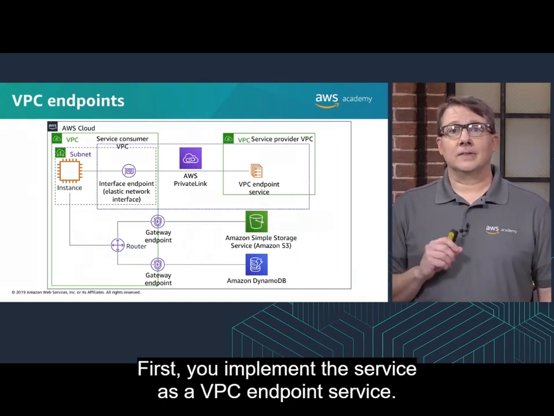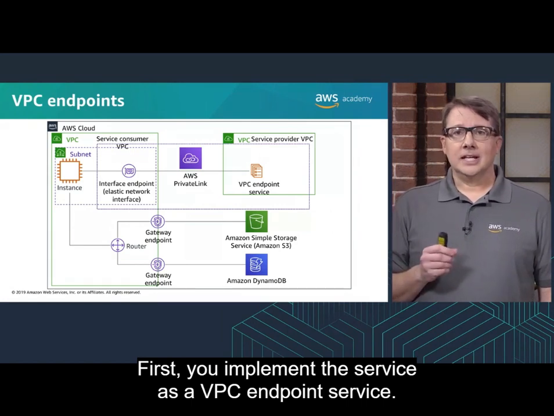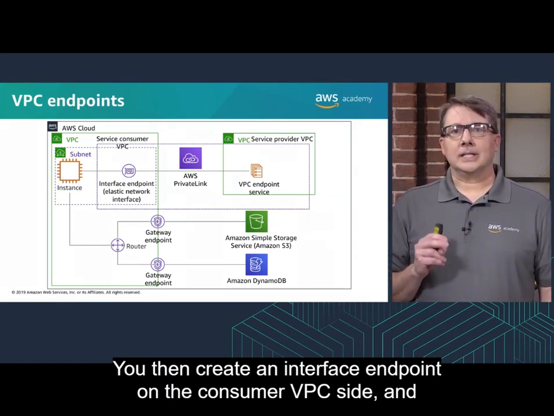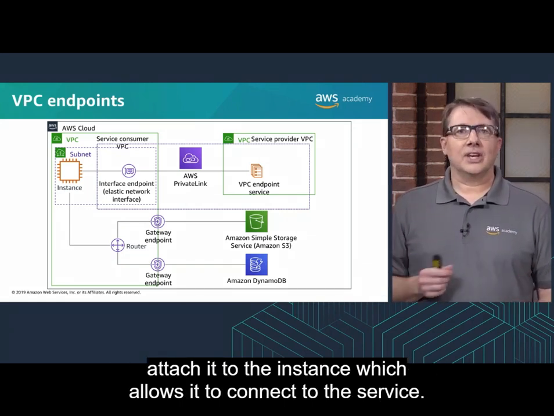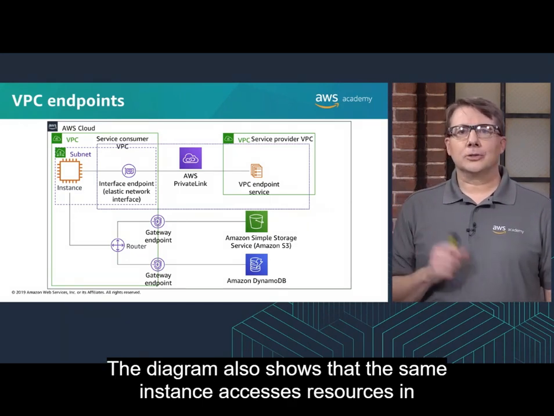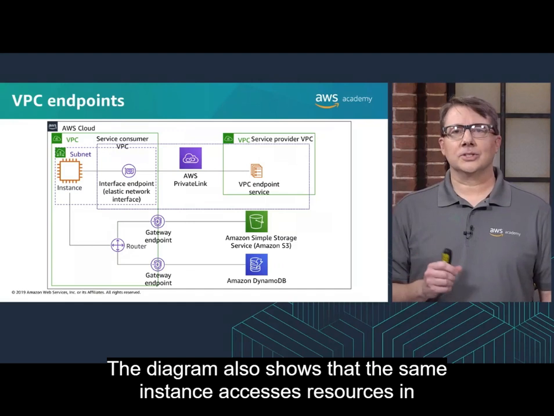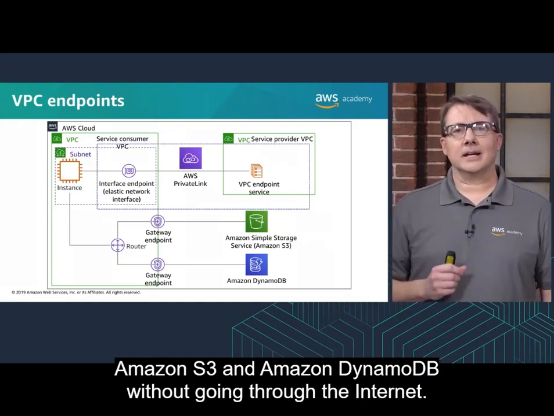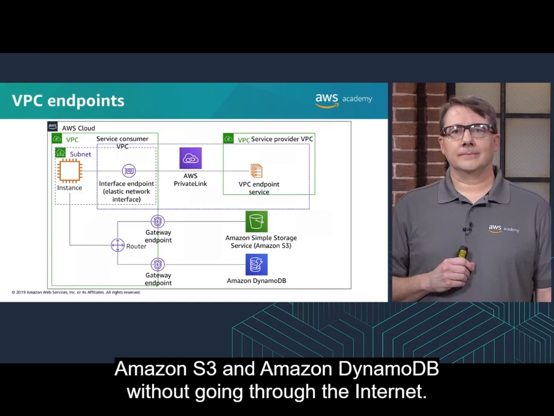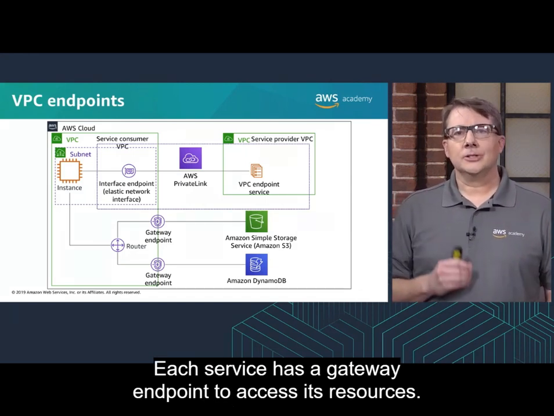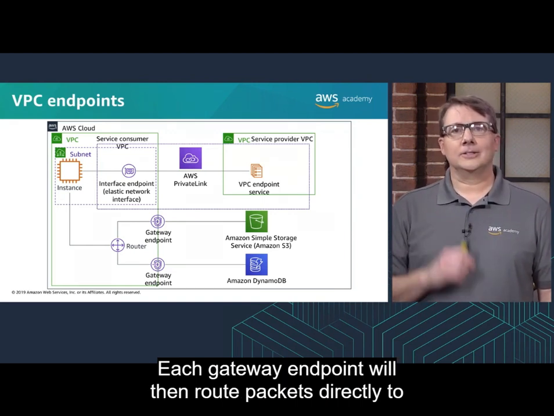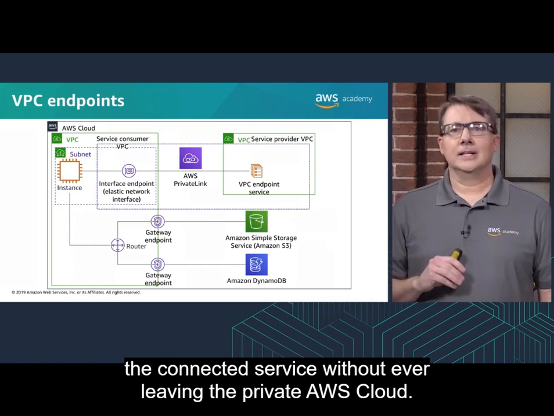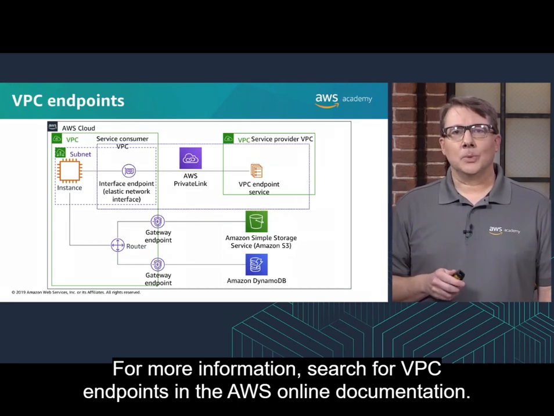First, you implement the service as a VPC endpoint service. You then create an interface endpoint on the consumer VPC side and attach it to the instance, which allows it to connect to the service. The diagram also shows that the same instance accesses resources in Amazon S3 and Amazon DynamoDB without going through the internet. Each service has a gateway endpoint to access its resources. Each gateway endpoint will then route packets directly to the connected service without ever leaving the private AWS cloud. For more information, search for VPC endpoints in the AWS